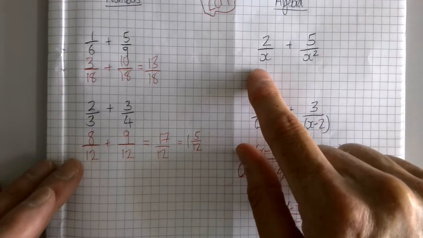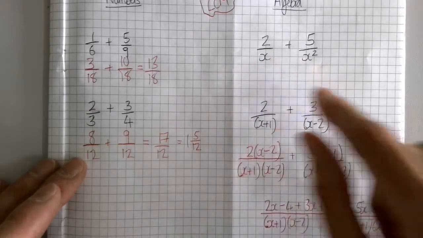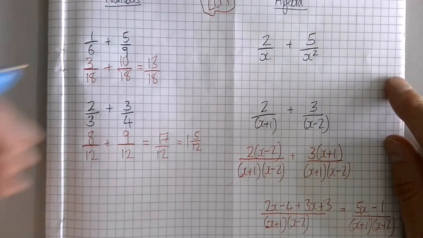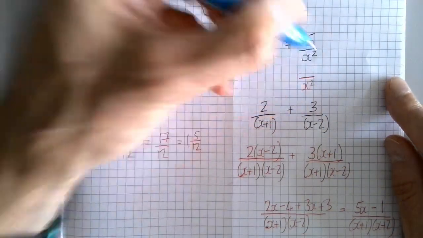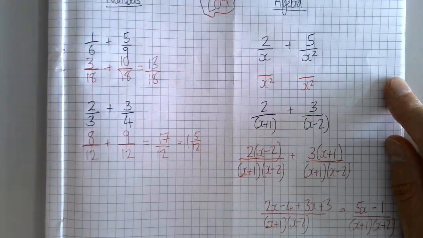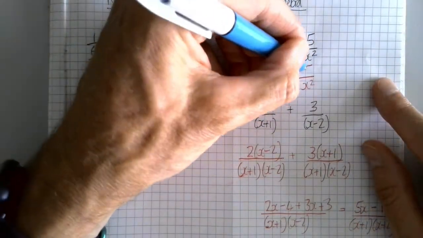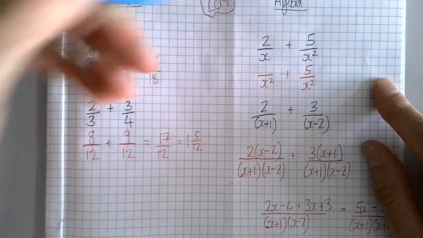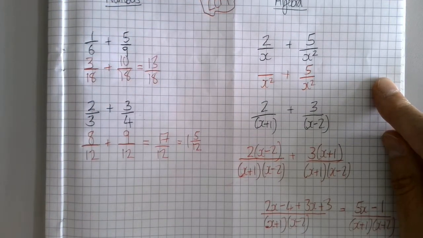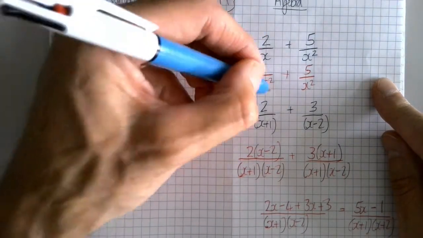Sometimes you just need to be a bit careful. I'm not going to use x cubed as a denominator here, because actually I can use x squared. That fraction just stays the same. And to turn x into x squared, I just multiply it by another x. So I'm going to do the same to the top, 2 times x. So that gives me